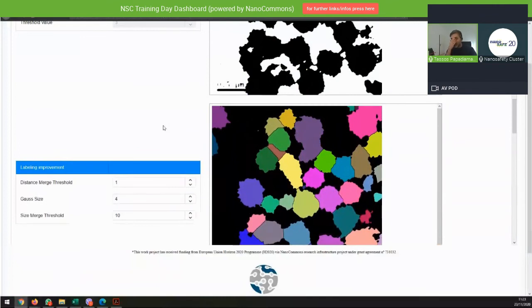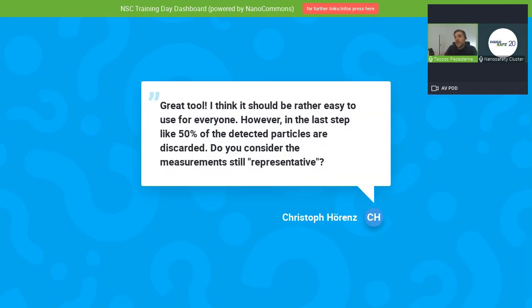It's a great question. I would say that in general, yes, we consider this still representative because, as you said, we can actually get to more than 50% of the particles in an image that can be acquired. And keep in mind that we're trying to think pretty fast here. And taking into account that if you have, let's say, an image like that, that more or less you expect the sizes are more uniform, then getting, let's say, 50% of the materials will give you a good estimate of the